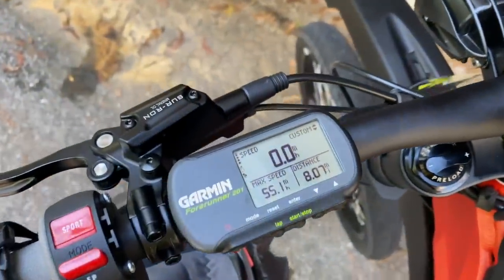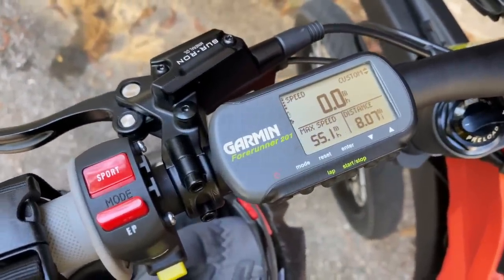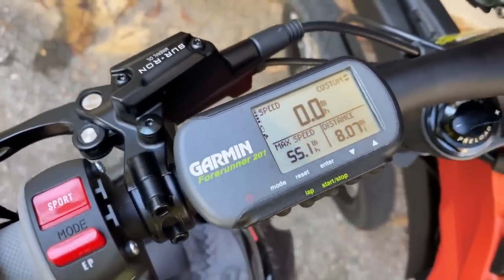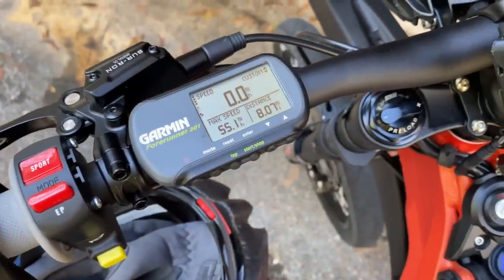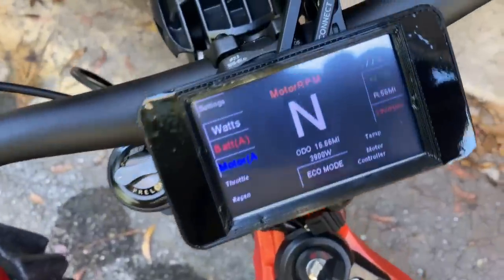We didn't maintain 55 the whole way. We were doing about 50, 45. I would say average 45 miles an hour the whole way. So pretty decent. That would be like if this was a stock bike, it would have been balls to the walls the whole time. So battery level is at